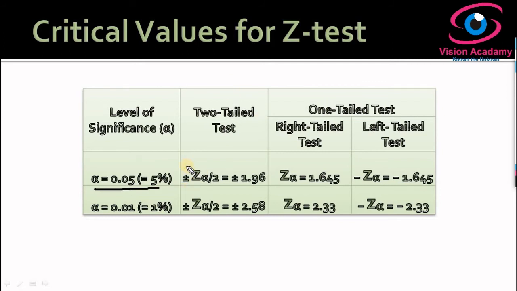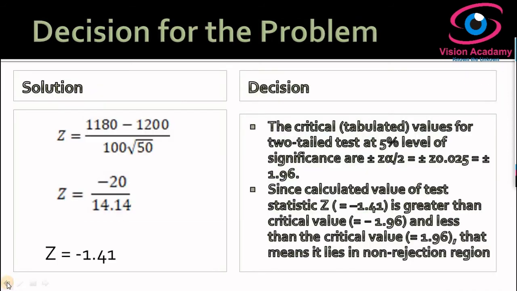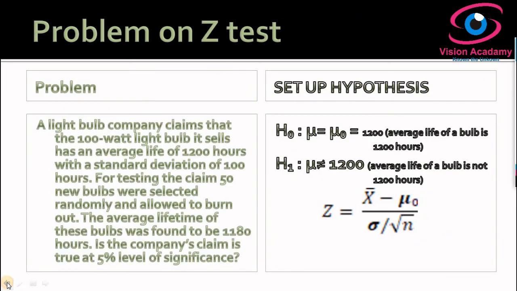Now, how do we select our critical value? We have to look at the 5% level of significance in a two-tailed test. It is a two-tailed test because our alternative hypothesis has a not-equal sign, which is not either lesser than or greater than. Since our alternative hypothesis is of the not-equality type, we decide this is a two-tailed test.